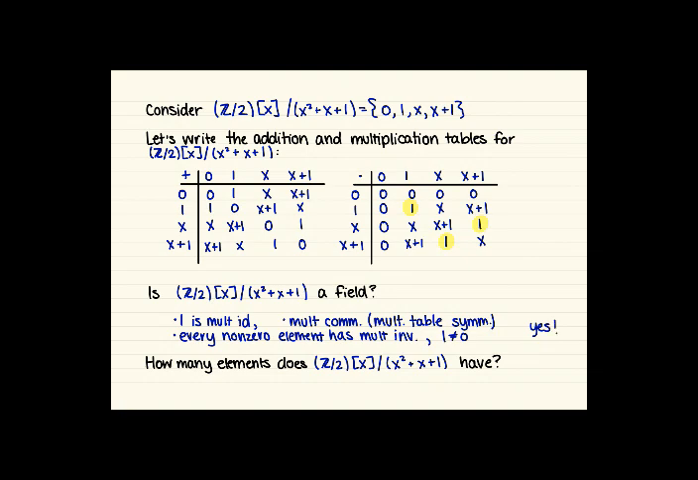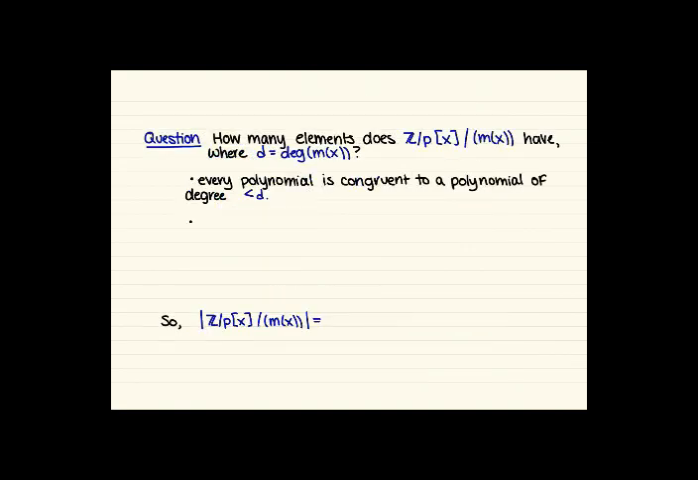Yay! Alright. And how many elements does this have? Once again, this has 4 elements. So here we've got a field with 4 elements. So now a question is, in general, how many elements does Z mod p adjoin x mod m of x have, where d is the degree of our polynomial m of x? So we saw that over Z mod 2, when we were looking at a degree 2 polynomial, we had 4